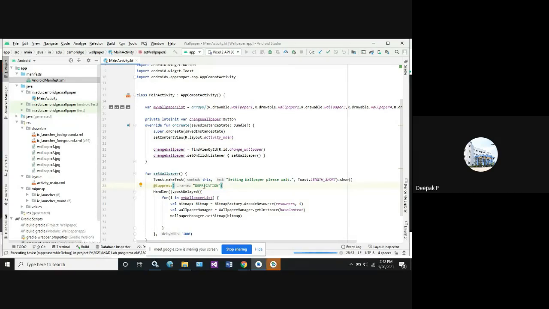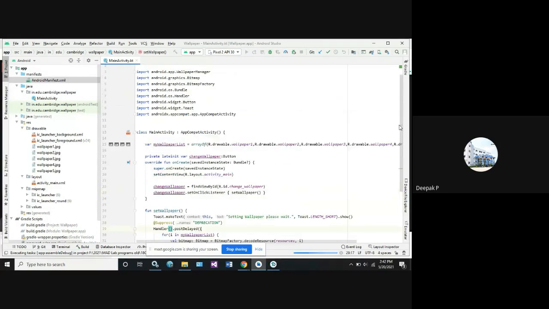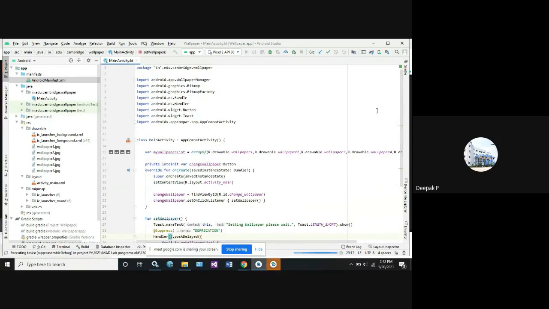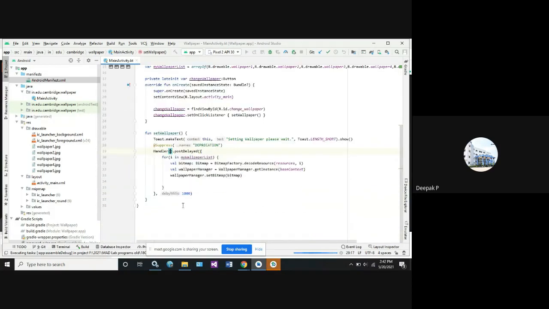During that time, whenever I use this Handler function, we will be importing the function, right? If I write just Handler here, these lines will be marked as underlined, because that functionality is not being used. To update to the recent version, go to the suggestion box and click on this. It will ask what type of things it has to show, and here you will have the option.